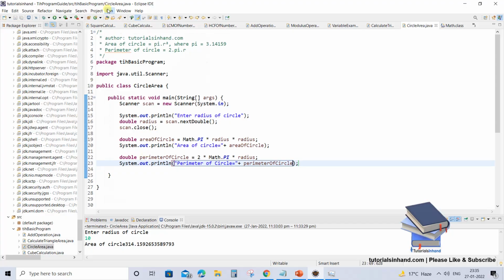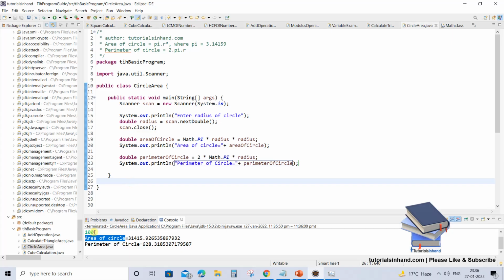So if we execute it, you will see now you will get both area and perimeter of a circle printed in your program. So let's enter the radius as 100 this time, press enter, and then you are getting the proper value of area of circle and perimeter of a circle. This time we have "is equals to" as well to separate the value and the message. So this is how you can print area and perimeter of any circle by entering different values of radius. So hope you have understood what you need to calculate the area and perimeter.